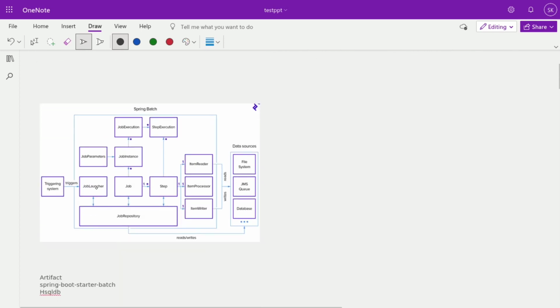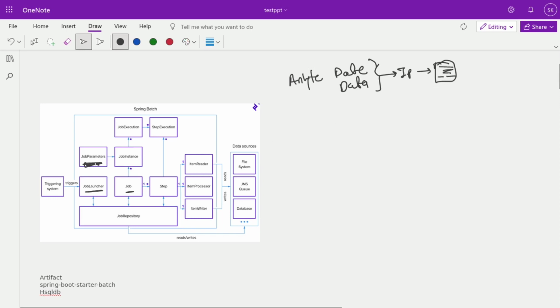First, a trigger system should be there which triggers our job. This trigger system triggers a job launcher. In a job launch, there are two things: first is the job, and another is the job parameter. Job parameter means the parameters required as input to your system. Suppose you have built an analytics API; this API requires data as a parameter or some third party data. All that comes under the job parameter, and this is put as input into the system. This is the job; this code is your job.